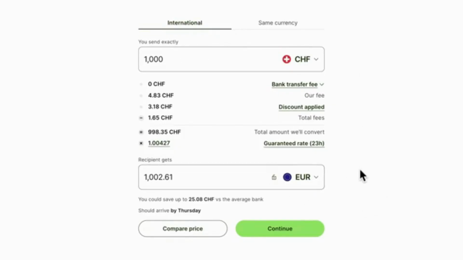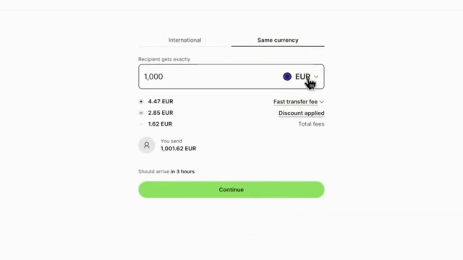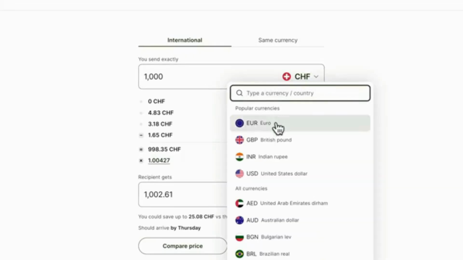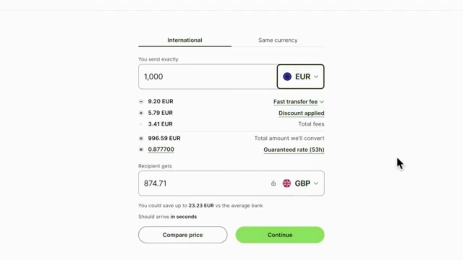So if you want to send the money, let's say in euros, and the recipient should get the money in euros, then you want to click on same currency and choose the currency here. However, most people watching this video probably want to save some money on conversion fees. So you probably want to go with the international option and choose a different currency to receive compared to what you are sending. So as an example, let's just send 1,000 euros and let's just have the recipient get the